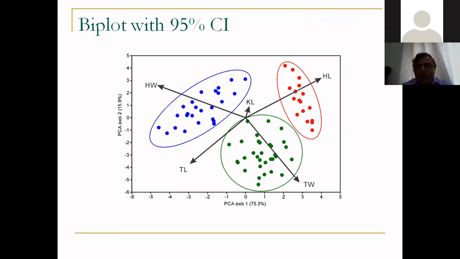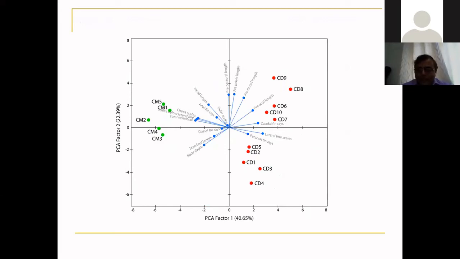Plotting a nice biplot with 95% confidence interval obviously gives you a better understanding of how your data is scattered, so whether your organisms form different clusters or not. If they do form different clusters, then what are the characters that separate the clusters, and are the clusters significantly different or not? This particular plot gives you all the information. This is one example that I talked about the other day, and this is about Channa micropeltis and diplogramma. Here you can see that this is a biplot where we have shown that diplogramma is different from micropeltis, and these are the characters which separate it.